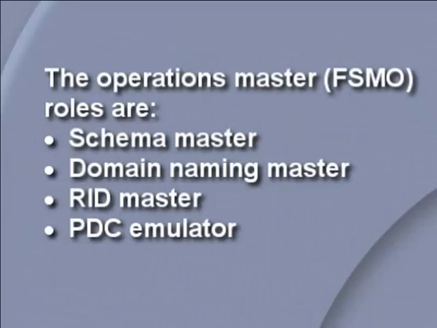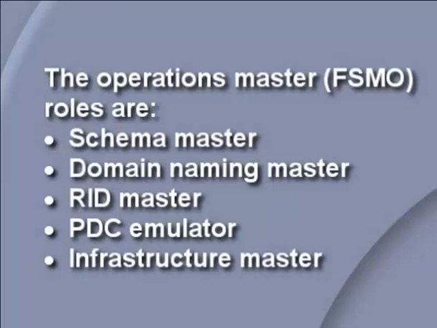So the RID, or relative identifier, is responsible for dishing out these SIDs, and it kind of dishes them out in blocks. Another role is something called the PDC emulator, and the PDC, primary domain controller, basically gives support for Windows NT4 domains, and also it provides support for time services in Active Directory. The final role is the infrastructure master role, and this is quite an important role